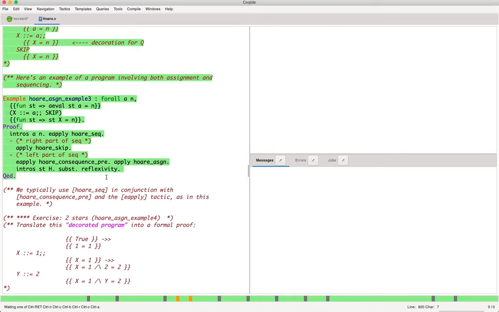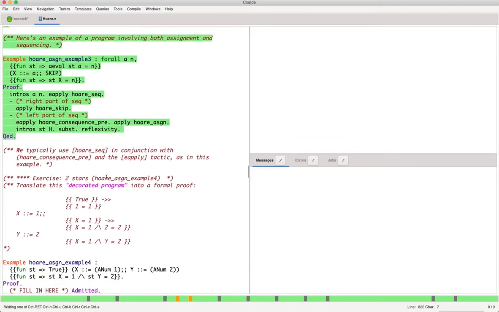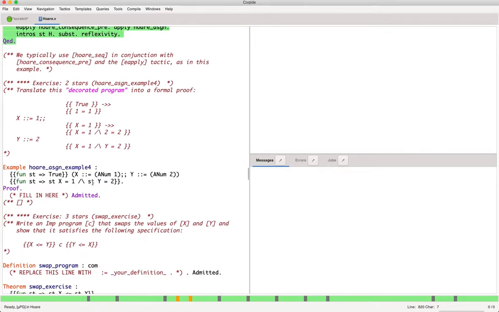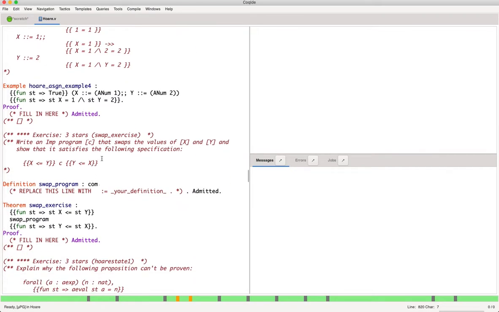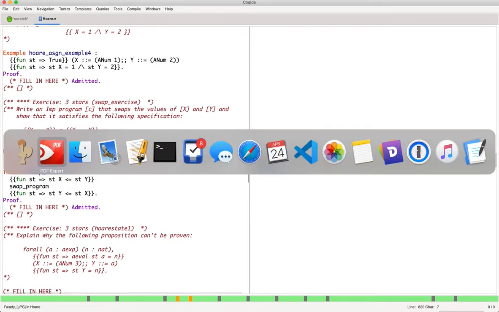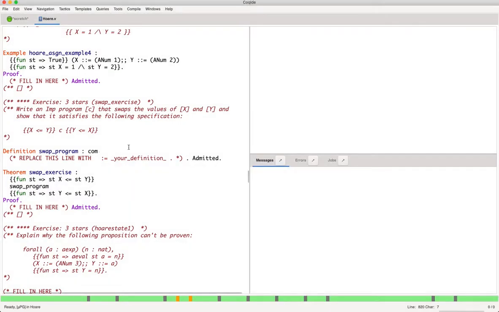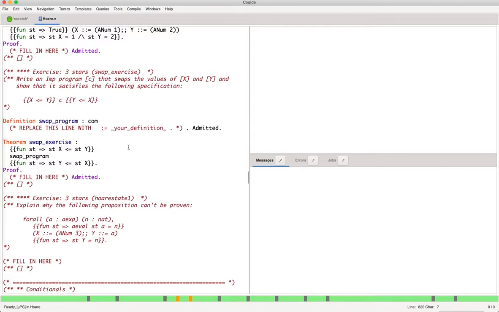So this is generally how you go about proving these sorts of things. You can have a look at this other example here if you like. You'll need to look at the swap exercise, because that's the second homework exercise. So what you have to do in this particular case is, if you've got an assertion that x is less than or equal to y in the precondition, and you want y less than or equal to x in the postcondition,